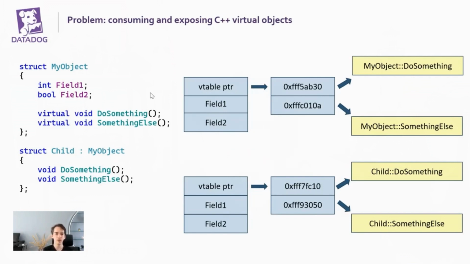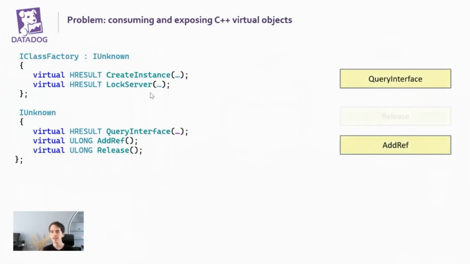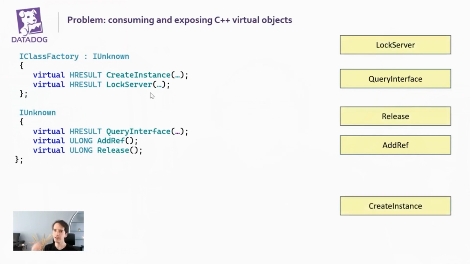And thanks to that, code that is capable of calling do something on an instance of my object will just work the same on an instance of child. And so in our case, we need to export an instance of IClassFactory, which contains virtual methods. And so for C++ to be able to use our object, we're going to mimic the layout of a C++ virtual object. And so basically, in memory, somewhere we will have the implementation of all the methods in